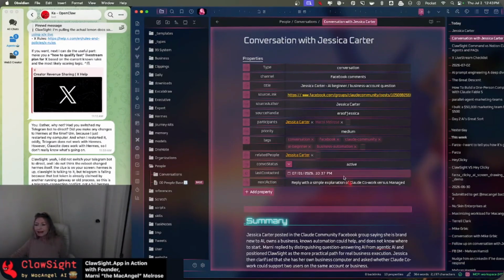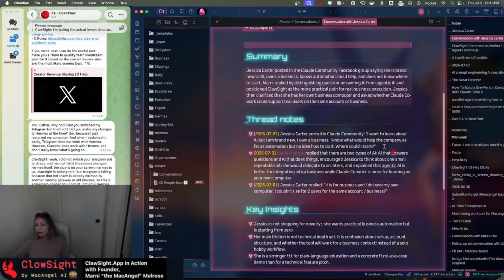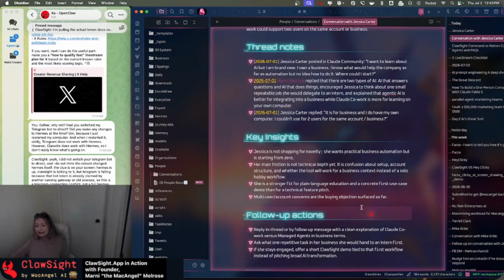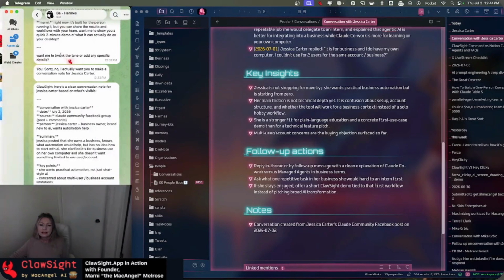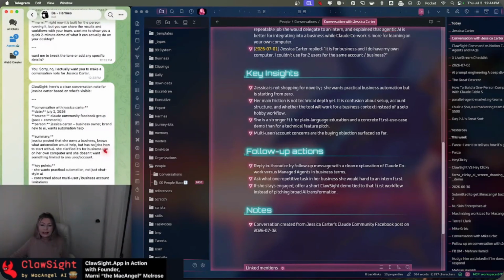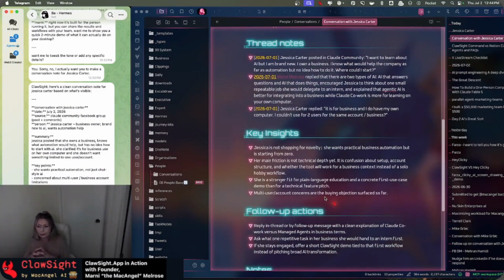Now, last contacted, it got the time of when that happened, right? The recommended next action, the summary, it read it through, the thread notes, the key insights. You notice it's a little bit more in-depth than the one, if we look over here with Hermes. So it had a summary, it had a couple of key points, it had a couple of follow-up steps. But this one, again, is going to be much more robust because she has that depth of knowledge of my